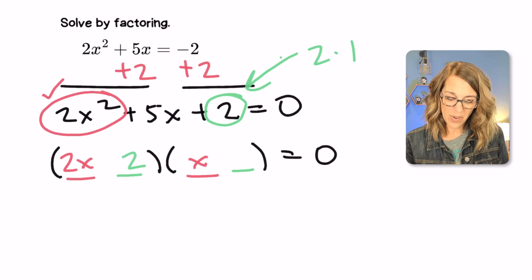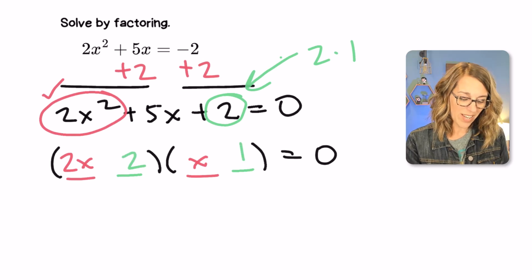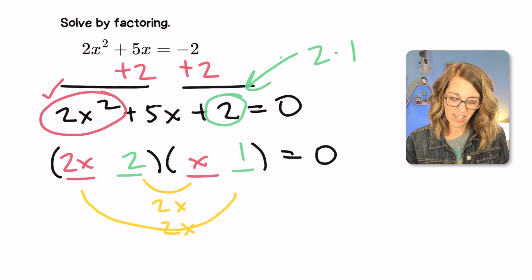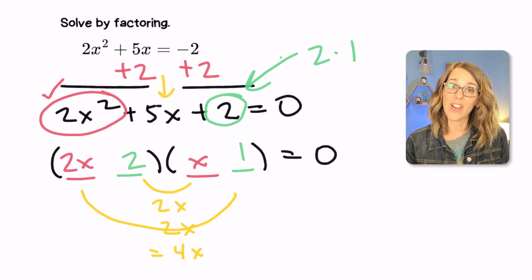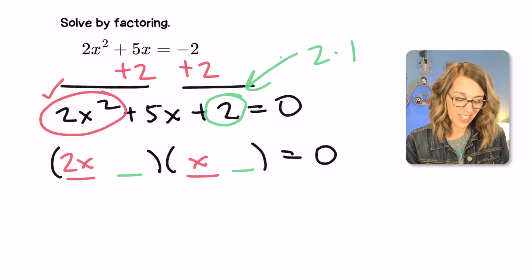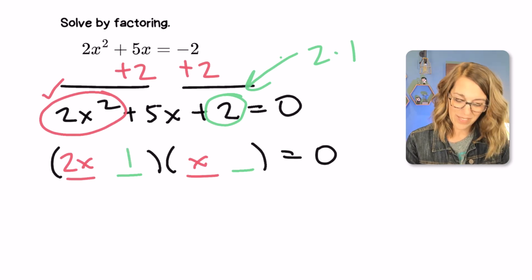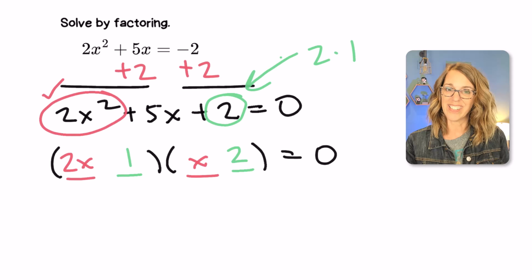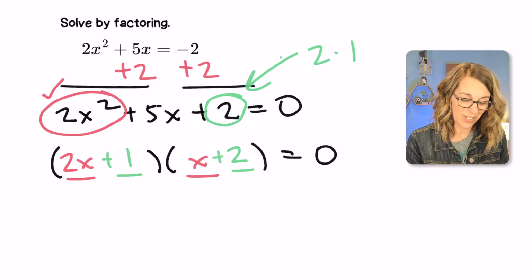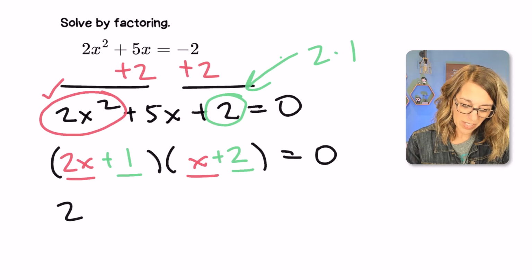I could put the 2 and the 1 here, but if I do a check, 2x and 2x gives me 4x, but I've got a 5x there in the middle. So that's not going to work. Let me go ahead and just back up, and I'm going to switch the order there. So instead, I've got the 1 first and the 2 second. Everything's positive, so I want those to be positive as well. So I end up with 2x plus 1,